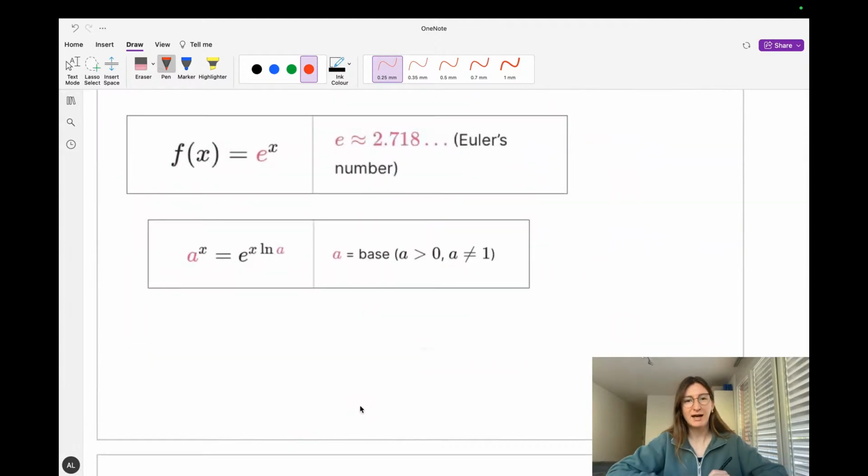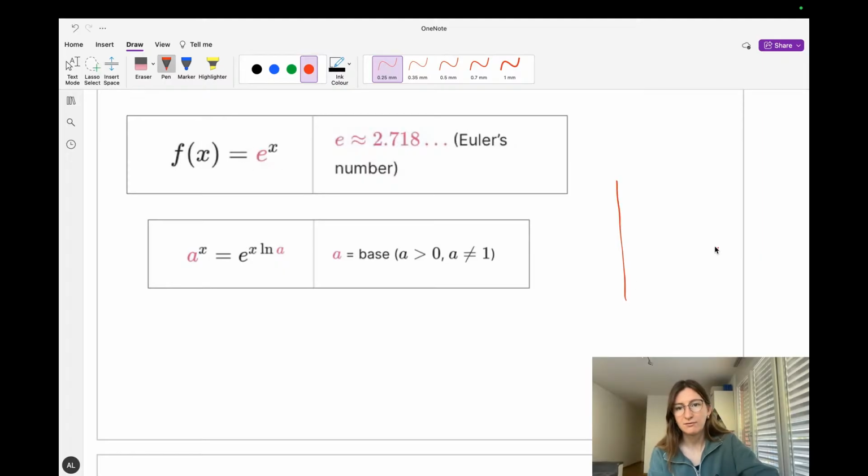All right, then we have Euler's number, E, the E function. Nothing too crazy that you really need to know about the E number. Just don't treat it as a value E, treat it as a function E. That's something that I often see students doing, is getting confused with having the function of E and the number E. So anytime you see E to the X, we're talking about the function E,